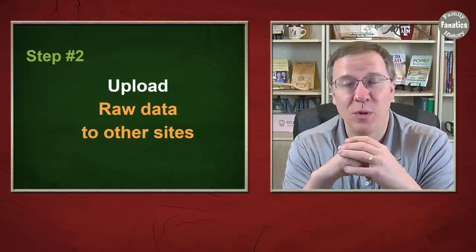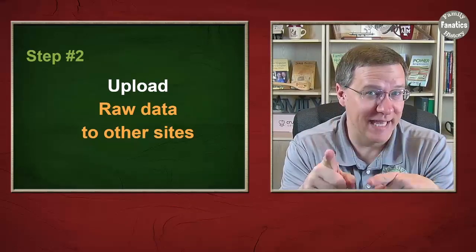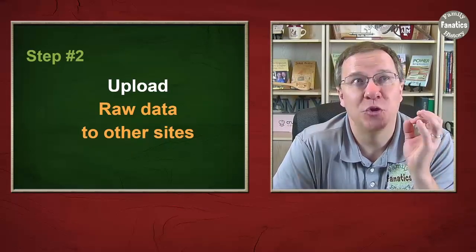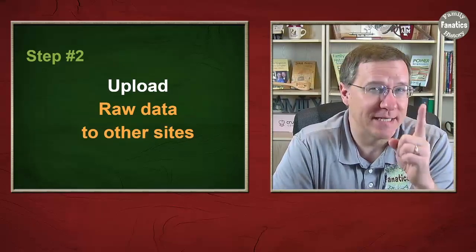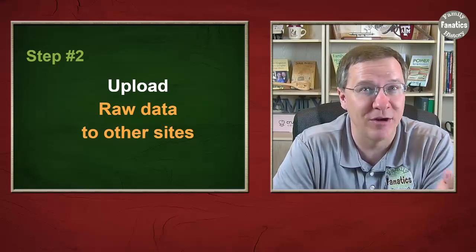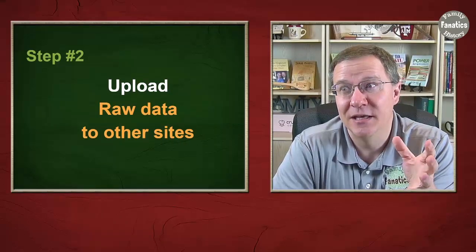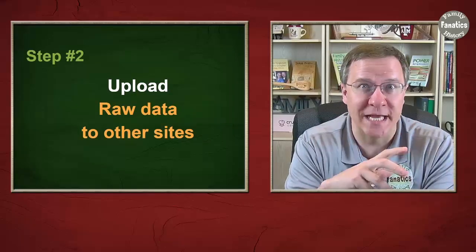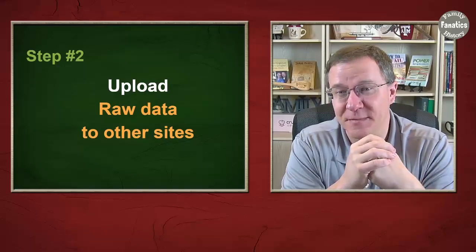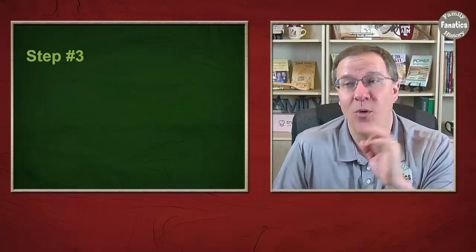And that is, well, we want to upload that raw data to other sites. And this is where you can get more for less. For instance, if you tested with Ancestry or 23andMe, the only way to be in those databases is testing with them. But you can take that download from Ancestry or 23andMe and you can upload it to MyHeritage, you can upload it to Family Tree DNA, you can upload it to GEDmatch, you can upload it to Living DNA. In other words, instead of paying for 2 tests, you can pay for 1 test and 1 transfer fee, which is a lot less than paying for 2 tests. So upload that raw data to other DNA websites.